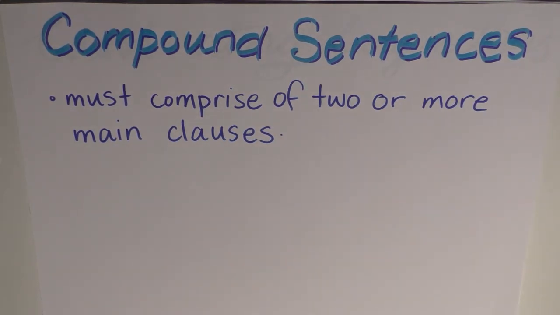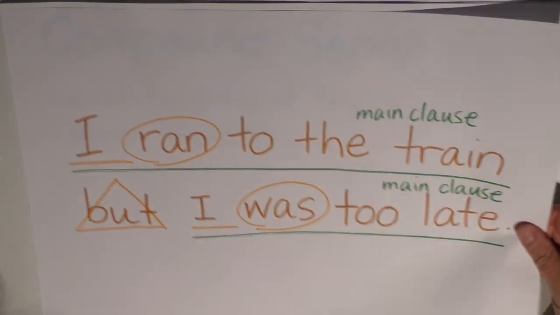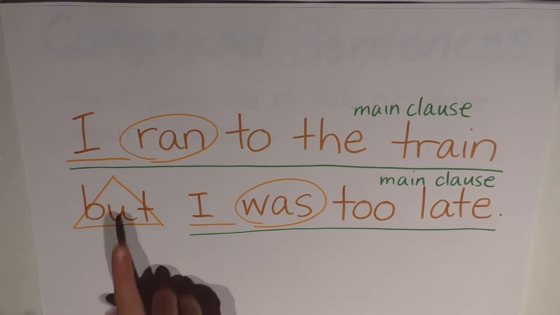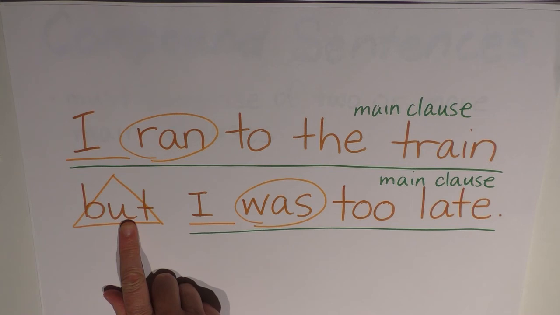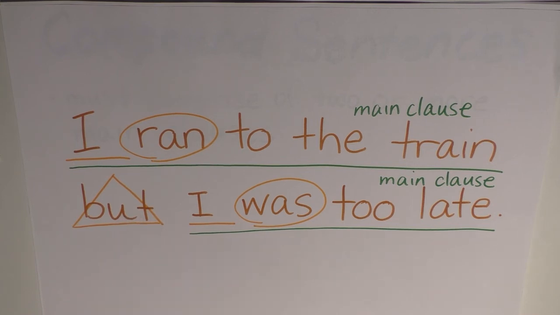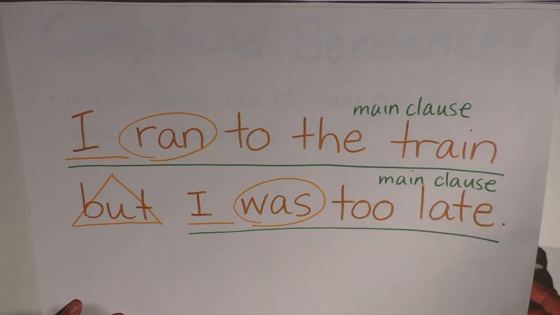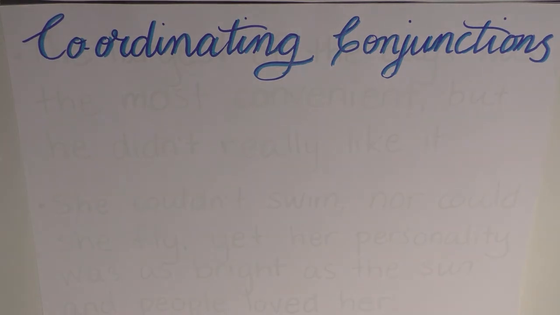Okay, now the other way that we can tell this is a compound sentence, and I'll just get the sentence back here so we can have a look. Here. There it is, by its conjunction. But, there it is. Now there are a finite number of conjunctions that can be used between main clauses in the English language, and these are what we call coordinating conjunctions. And in fact this list of coordinating conjunctions is so finite that we can actually create the list right here. Let's do it. We have